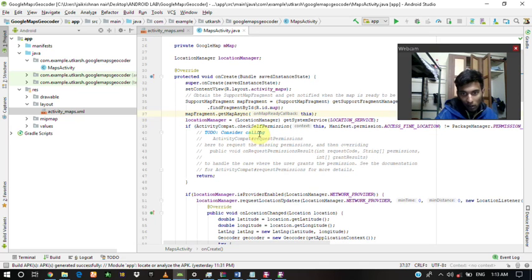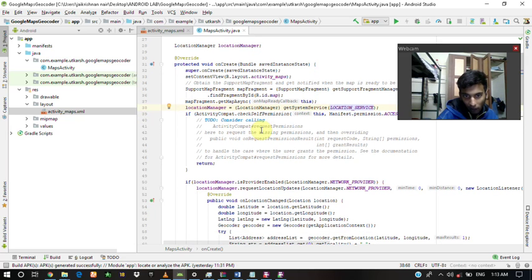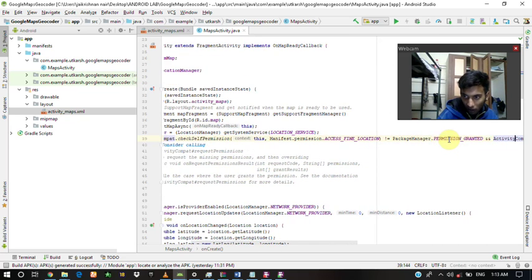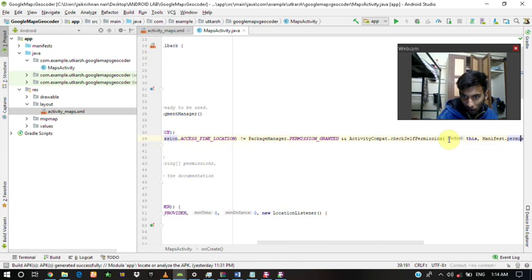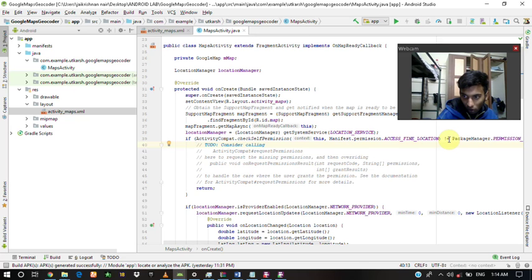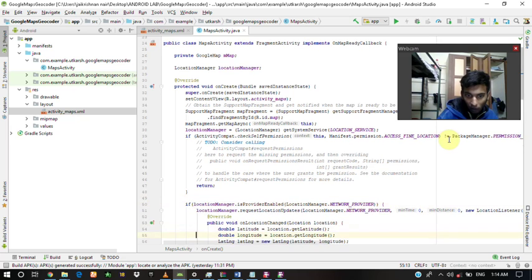In the location manager we get system services. We start the system service by passing the permission LOCATION_SERVICE, and we check ActivityCompat.checkSelfPermission. We have got the permission from the manifest file using ACCESS_FINE_LOCATION not equal to PackageManager.PERMISSION_GRANTED, and also we check the self permission of ACCESS_COARSE_LOCATION. If it is also not equal to PERMISSION_GRANTED, we directly return, and if not we go to the next phase